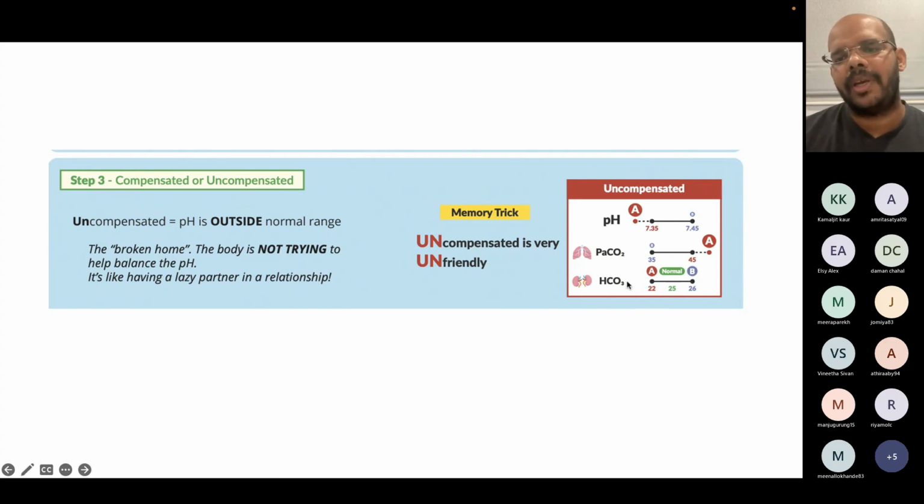When the bicarb level is dropping down, you can see the pH will also drop down to acidic. When there is less bicarb, the blood will become acidic. Okay, now your lungs will recognize it. Lungs will understand that the patient is having acidosis because of the kidney not working properly, because of reduced bicarb level. So now what your lung will do is